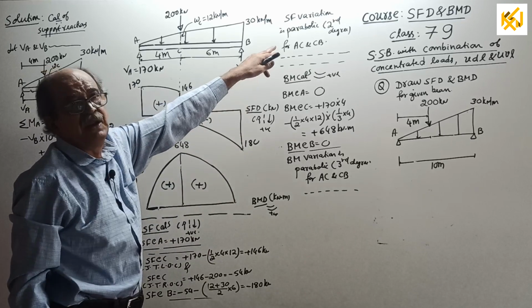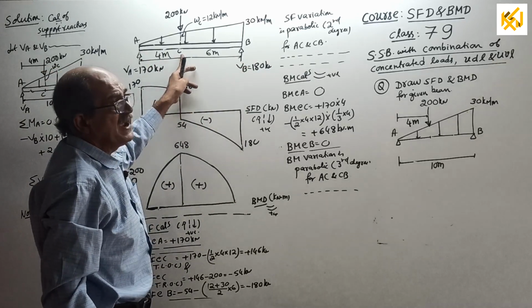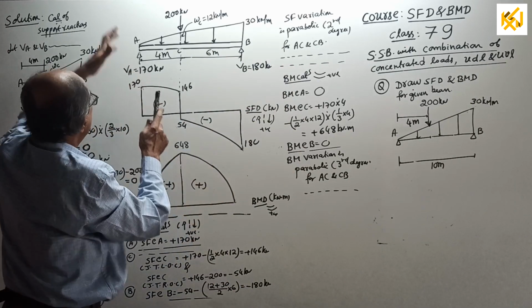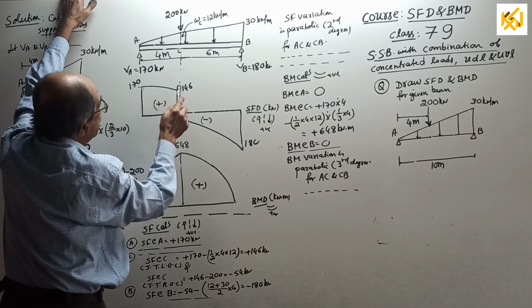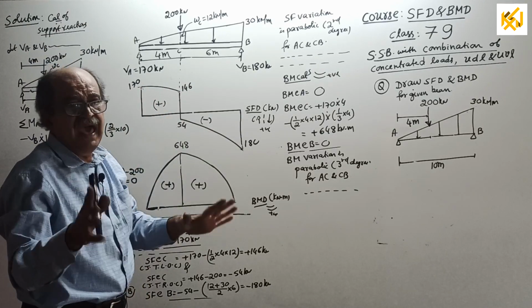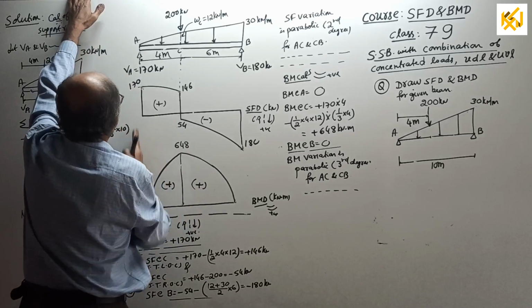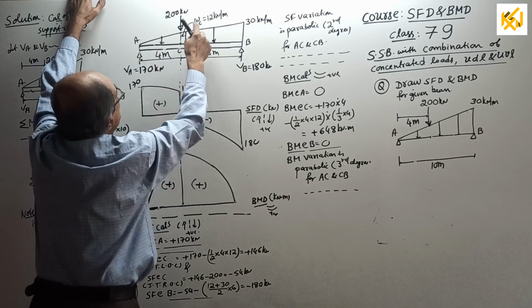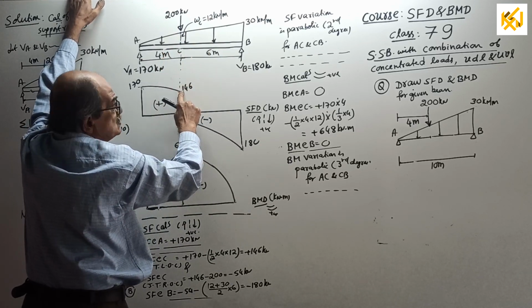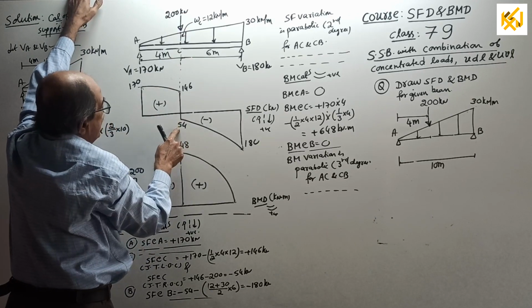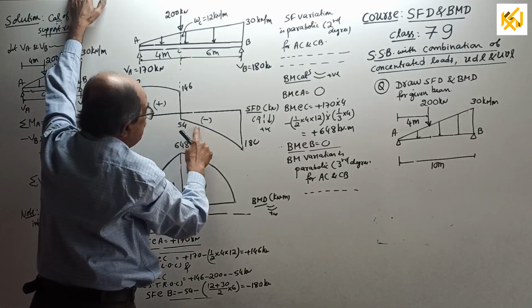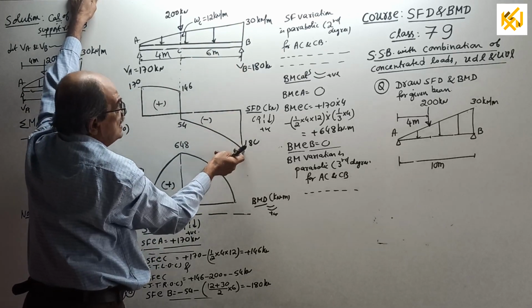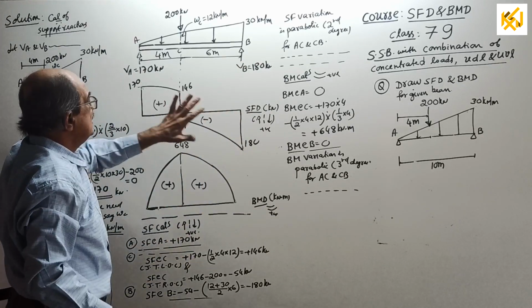Go back and draw the shear force variation. A to C is a parabola of second degree, C to B is also parabolic of second degree. Go back and draw SFD. See, 170 here, drop to 146, or wait a minute, take your calculator, directly draw it, go up by 170. From here to here, come down by half into 4 into 12, total load, that is 24, you get plus 146. Suddenly down by 200, minus 54. Again, parabolically come down by 12 plus 30 divided by 2 into 6, or you know the answer, it should be 180 minus. Over. SFD over.